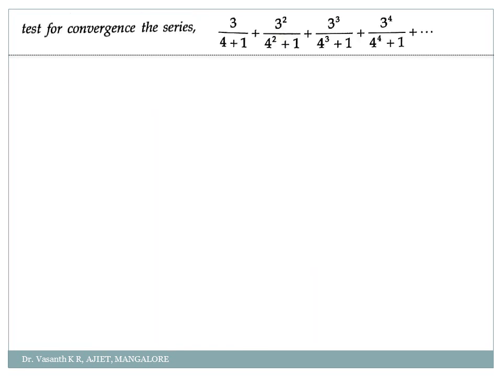Okay. Here I have my next problem, my dear students. Can you just identify what un is here? Try to guess un here. I think it is easy. Try to do it by yourself. What will be un here? Check the numerator first. 3, 3, 3, 3, 3. First write 3. Raise it to the power how much? 1, 2, 3, 4. So 3 to the power n.